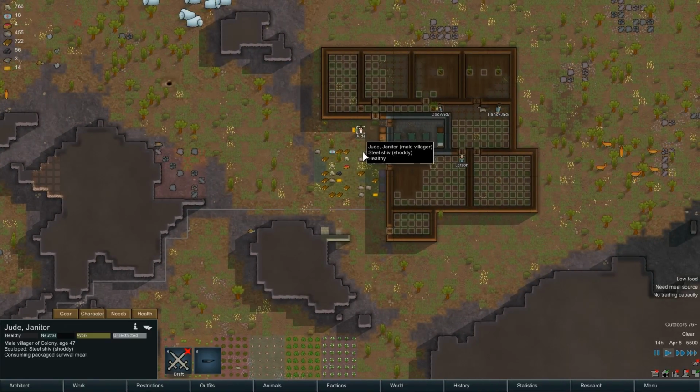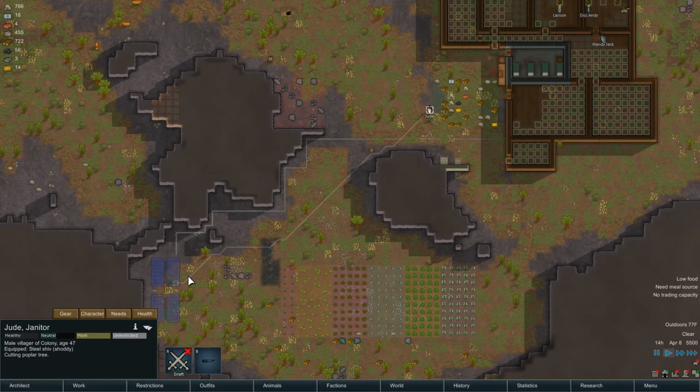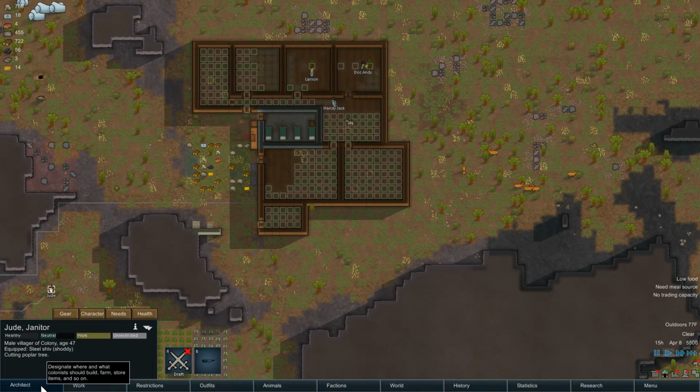So, I am thinking, Jude, that when your meal is done, you are going to be asked to specifically get started on the solar panel. These guys are cutting out the trees. We want to get some beds made. And I think what will...